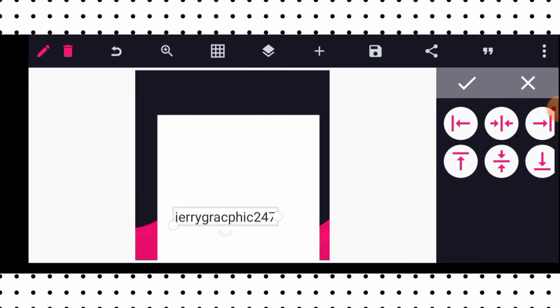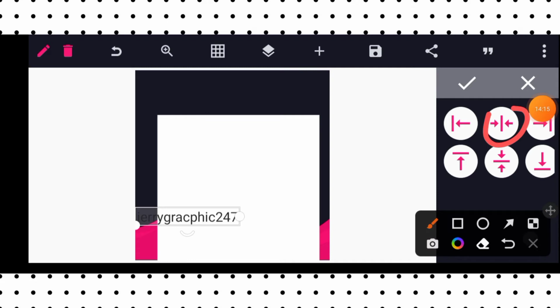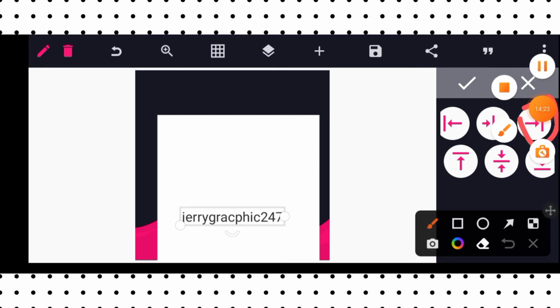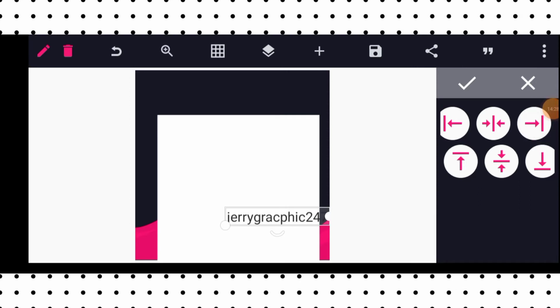Now let's say we want to take this text to our left hand side, to the last one. We start using that position. We want to use relative position to take it once. Just click here like this. I hope you see it goes there direct. Okay, let's say we want to bring it back to the middle, then click here. You see it comes back to the middle. Now let's say we want to take it to the right hand side, then click this one. As you see, when you click it, it takes you to the